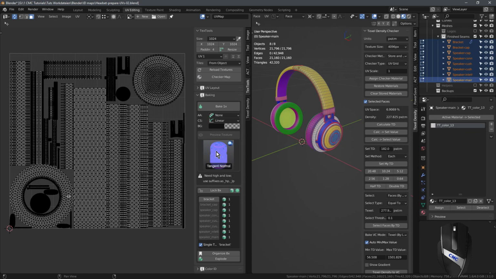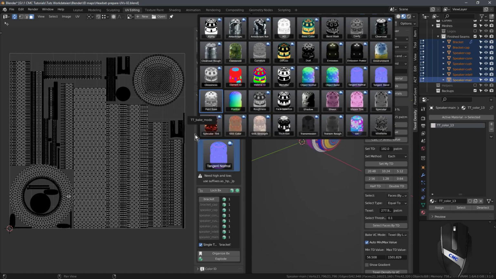For the baking mode, we don't need the tangent normals, we need a color map. If I click the icon, all those others are shown, and you might think, there is a material ID, I will go with that. No, don't do that. That baking mode does not respect the colors we set up, it uses its own and overwrites our colors, and it only uses a few. I believe those are 8, but I'm not sure. But if you have more